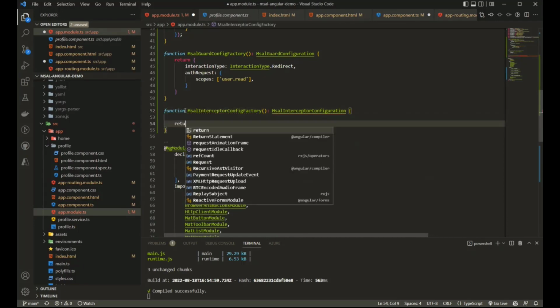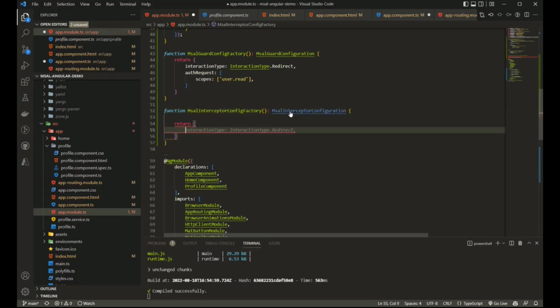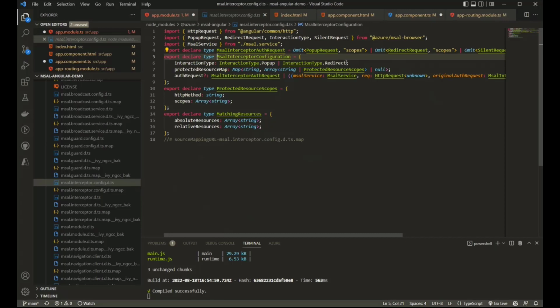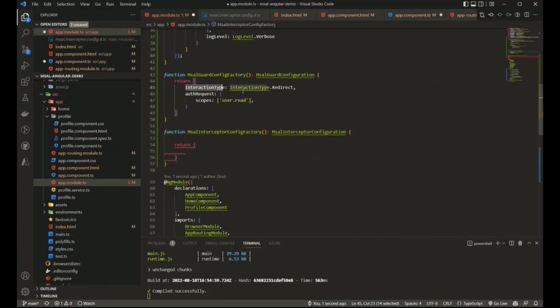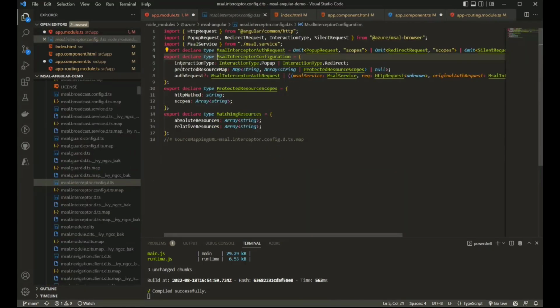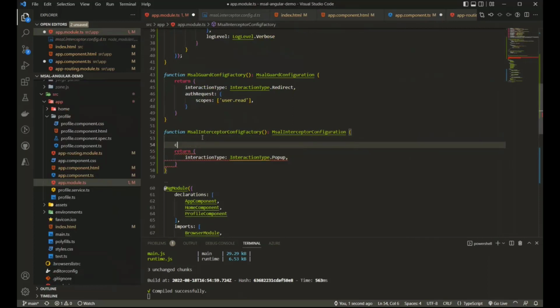Okay, so now this should return, let's see what it should return. An interaction type, similarly. So this time I want to use popup. And then it should have a protected resources map. Okay, I'll go ahead and create something like that, and I'll talk more about what this is.